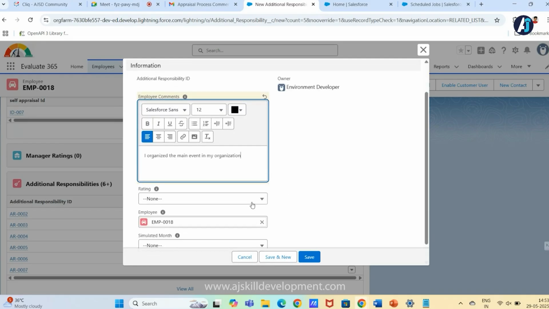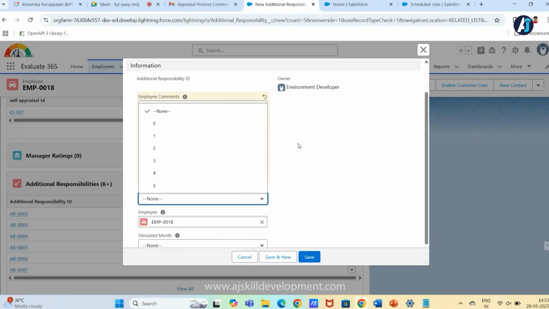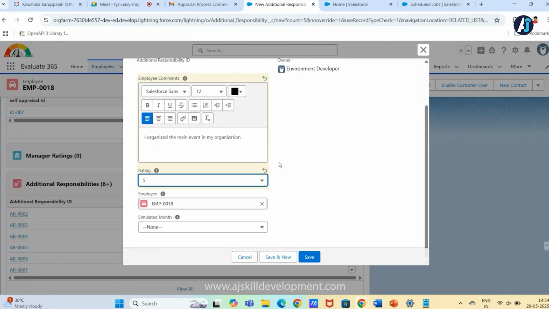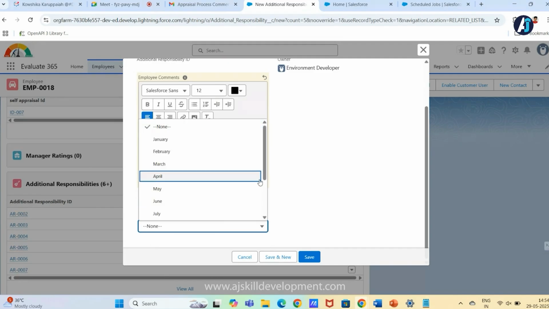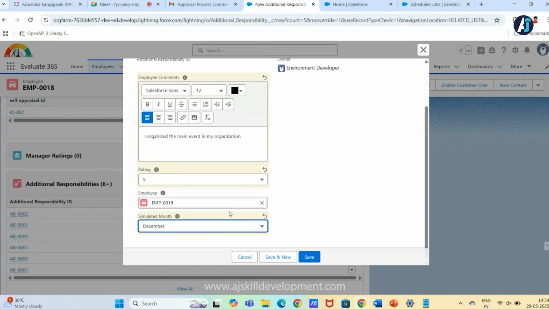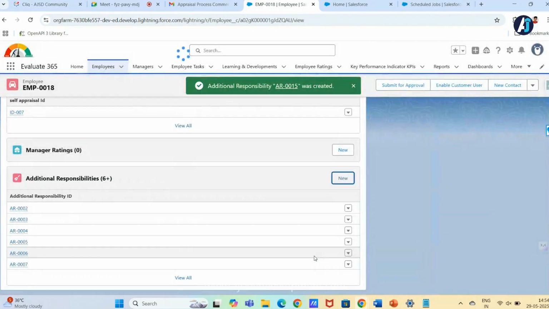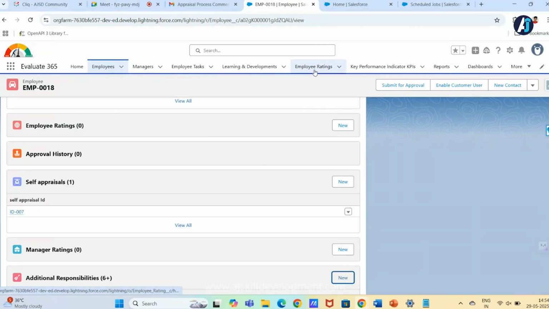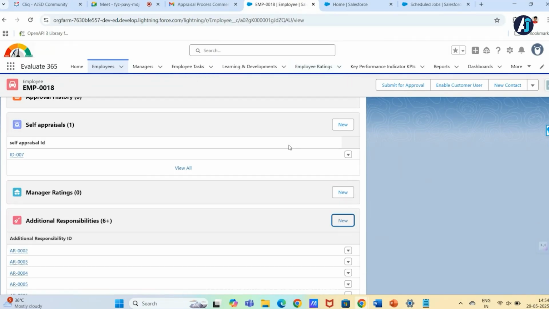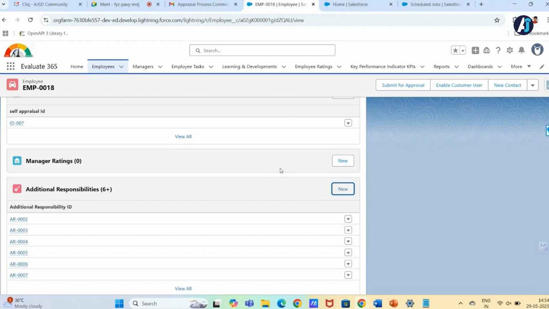Like that I am giving a comment, and as every employee will give the maximum rating, I will give a 5 itself. Okay. Now all the KPIs have been done. Now as part of the employee, all the process is done.